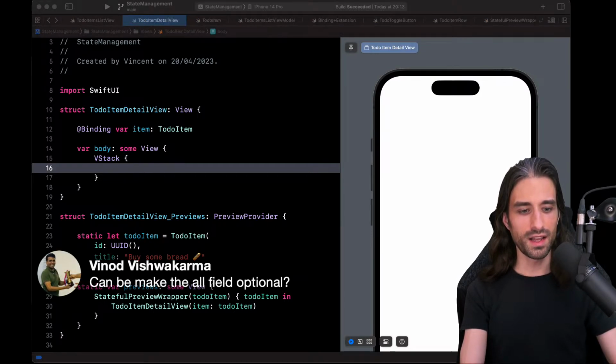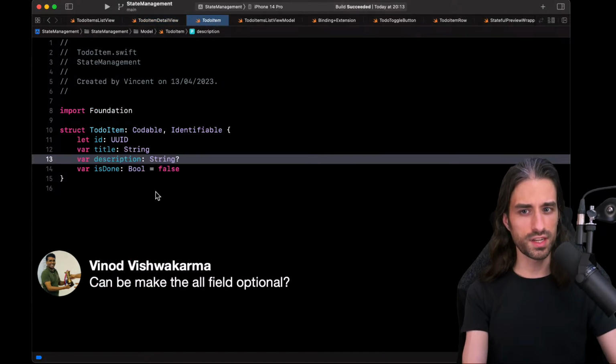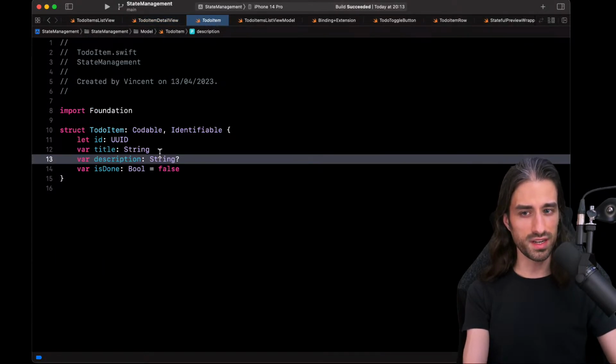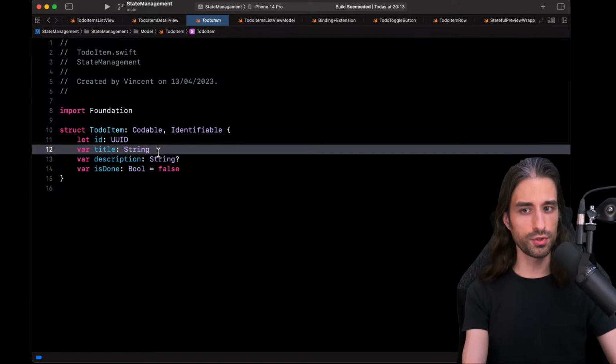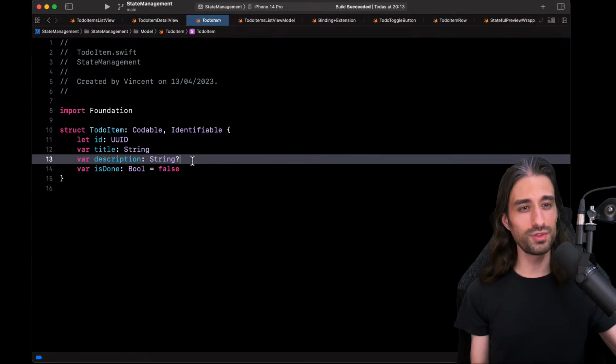Interesting question. Can we make the old field optional? So I'm going to try and rephrase it. I guess you wanted to say, can we make all the fields optional? So here you have noticed correctly that the title is non-optional and the description is optional. I made that on purpose to show you how to deal with the two possible cases.